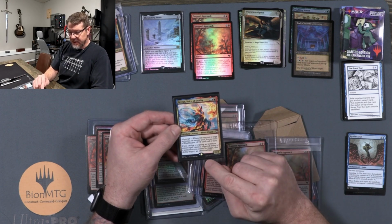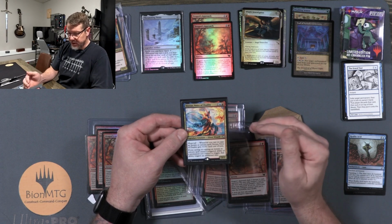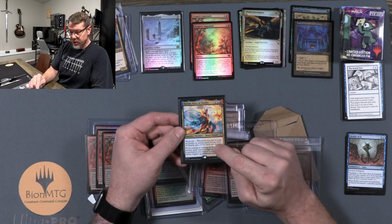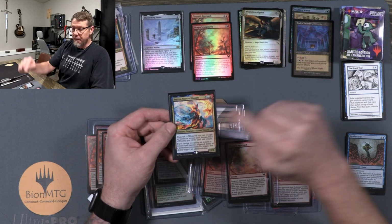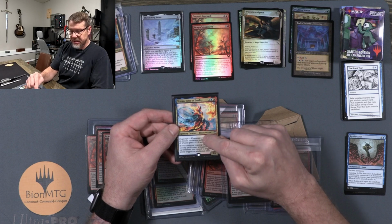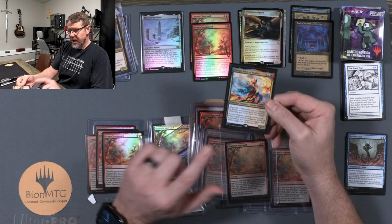If casting or copying an instant or sorcery causes a triggered ability of a permanent you control to trigger, that ability triggers an additional time. So if I cast an instant or sorcery, it gets +1/+1, but they are also a permanent that triggered, so it gets that trigger a second time. So each spell, instead of +1/+1, is +2/+2. That being said,